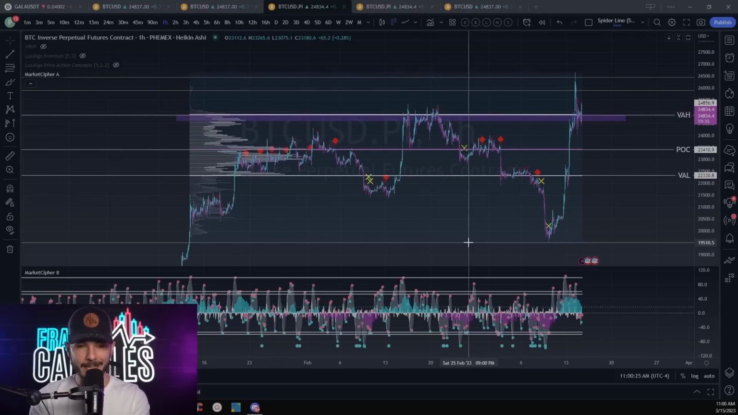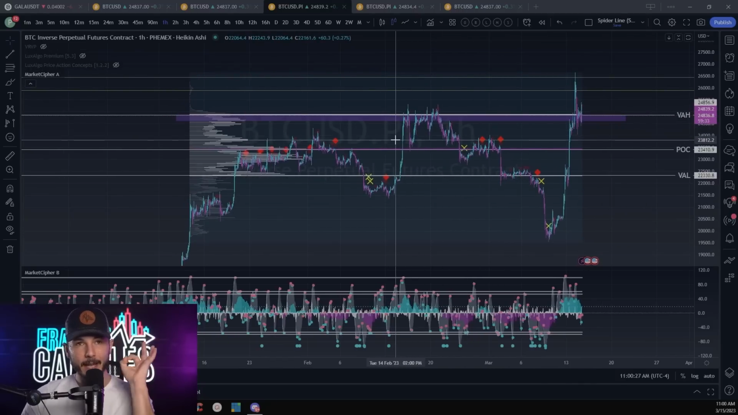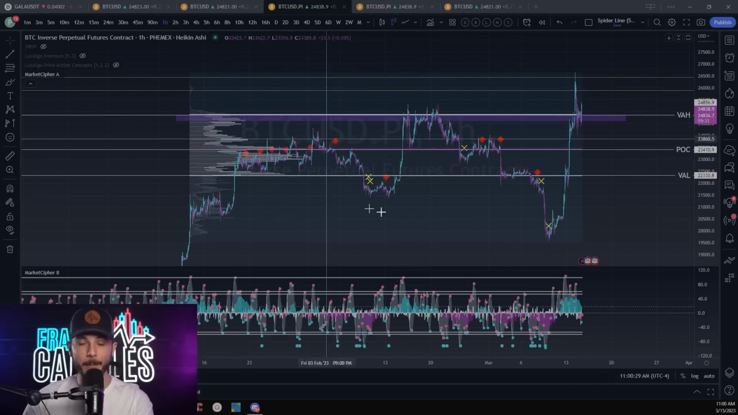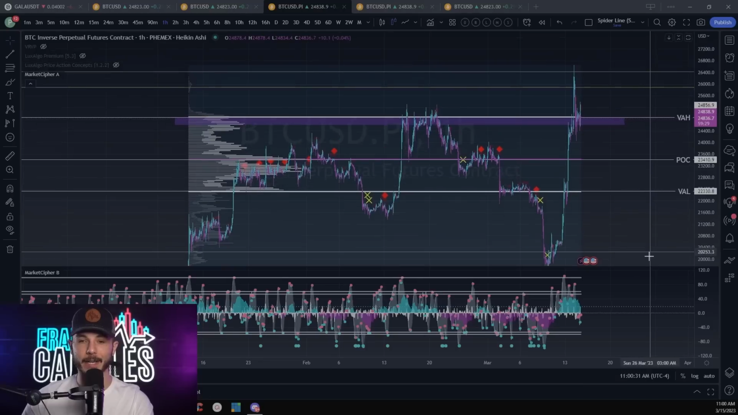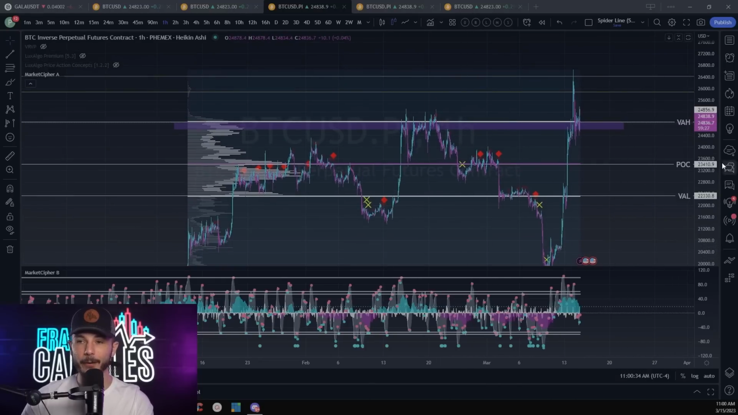So guys, let's take a look at some levels now. This volume profile is mostly what I'm looking at as far as our medium-term levels. Your value area high is coming in at $24,856. Your value area low coming in at $22,330. And then your POC is coming in at $23,410. Now, this level right here, the value area high of this volume profile, is going to be a very key level